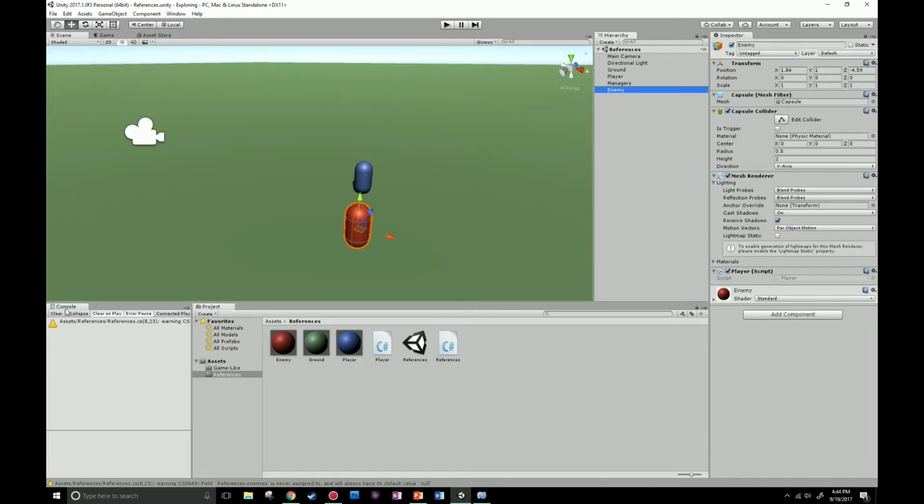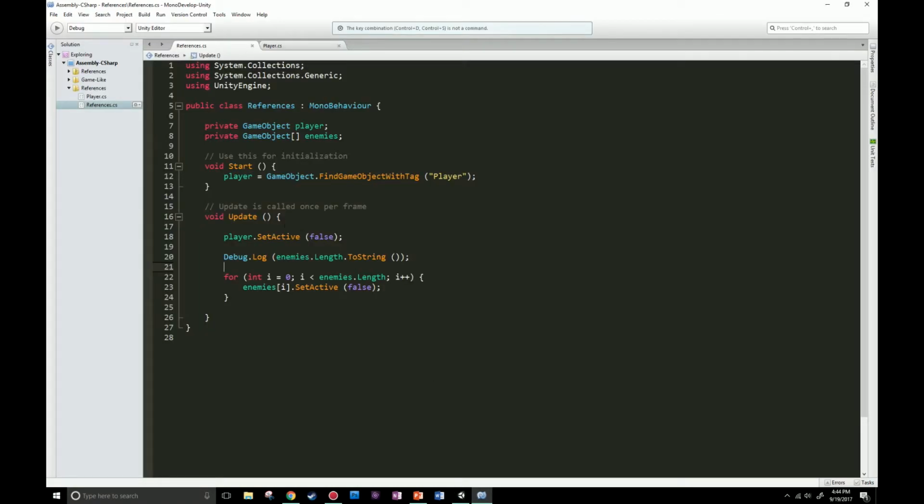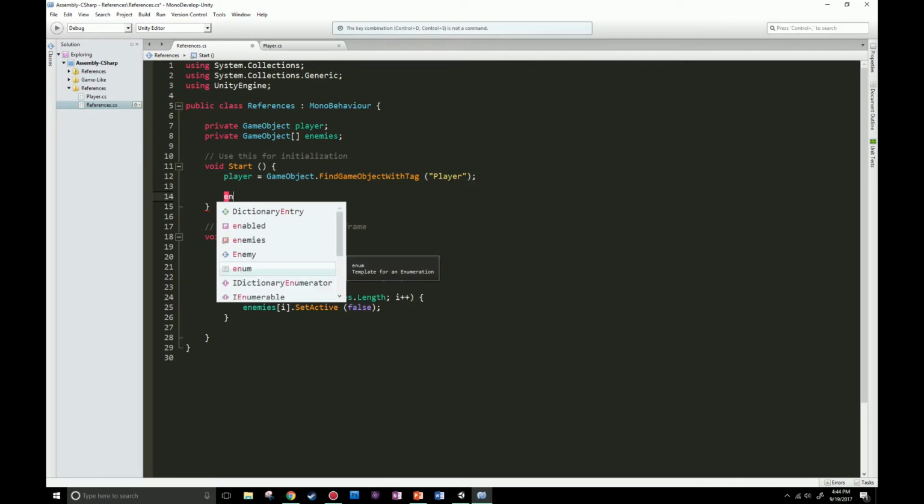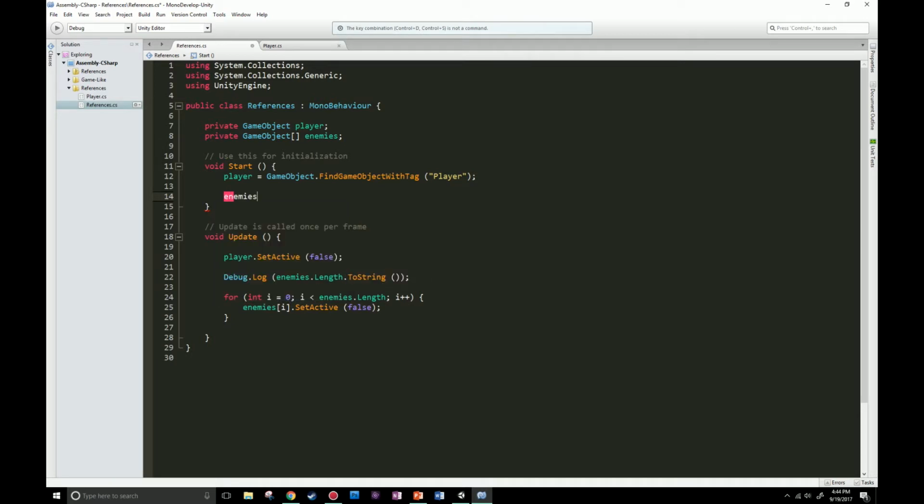Now what we should get is in our debug log, we got a warning here. What is this? Warning: references.enemies is never assigned. Now, really? Yeah, no, they're right. We never assigned it. Let's see, we still got to get a hold of these enemies. So enemies